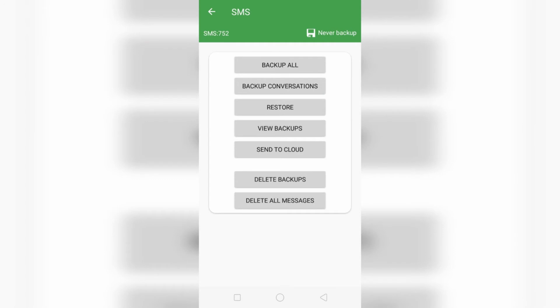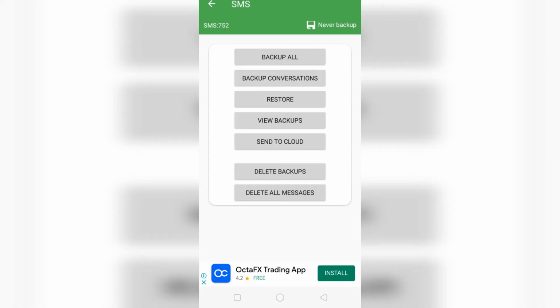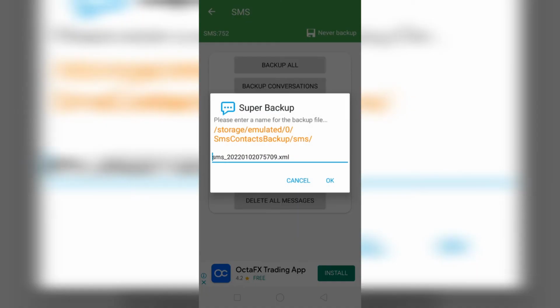Here the different options will be shown on the next screen: Backup, Backup Conversation, Restore, View Backup, Send to Cloud, Delete Backups, Delete All Messages. We need a backup of all our messages. So simply tap on backup all, skip this ad, and here is the SMS